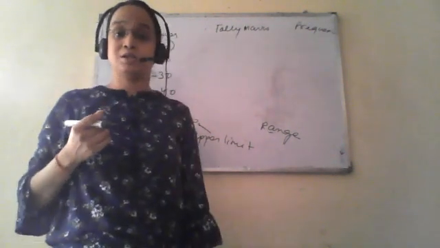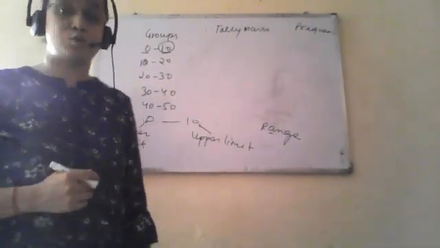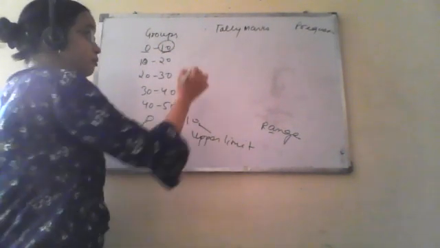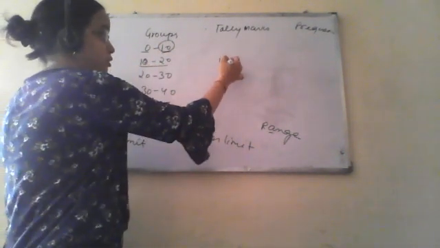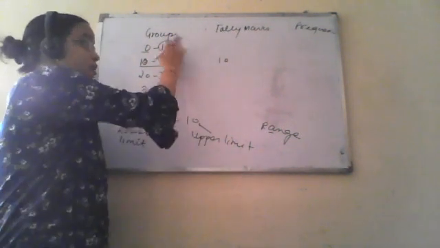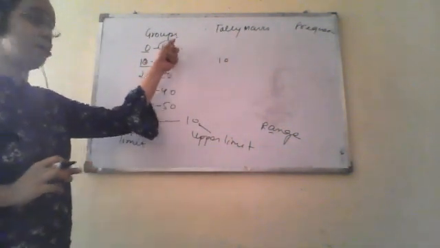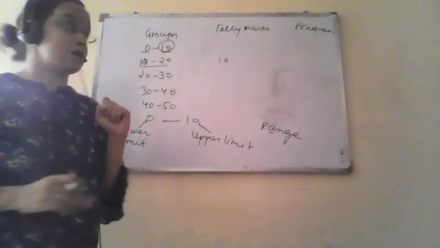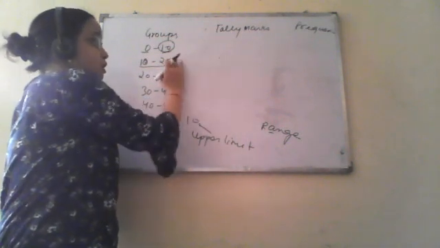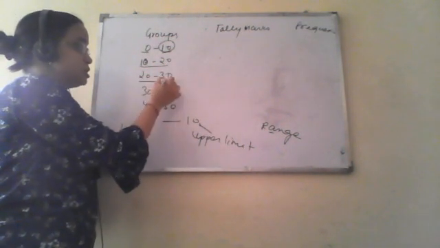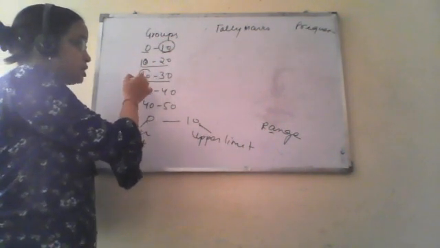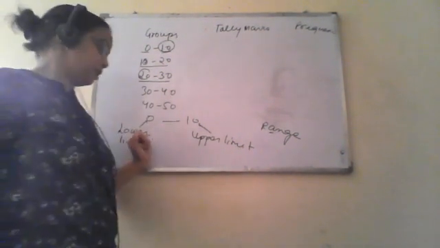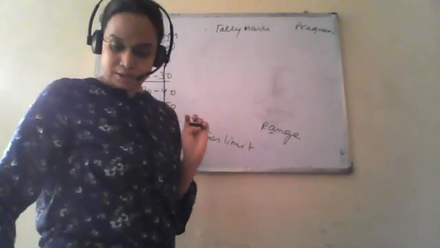So what it means is, suppose a student is getting 10 marks, in which range or group do we have to put this? We will put this in 10 to 20, where this 10 is the lower limit, not in this group. That means the upper limit is not inclusive. Suppose a student is getting 20 marks. Are we going to plot in this range? No, we will plot in the range where 20 is the lower limit. So upper limit, lower limit and range are clear.